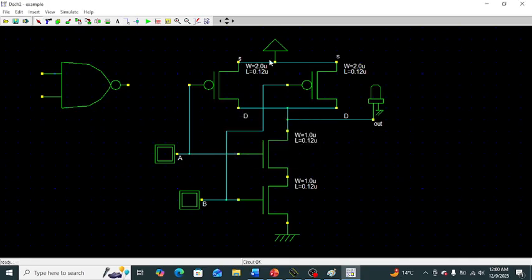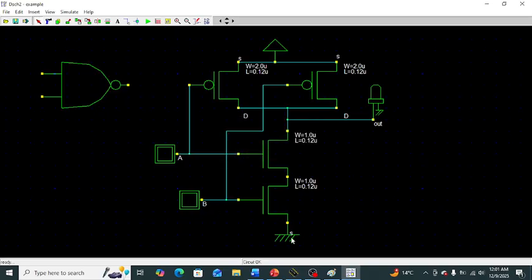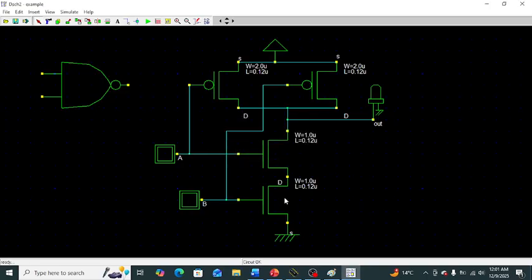See, the source of PMOS is connected to the VDD supply and the drain of PMOS is connected to the output. Similarly, the source of the NMOS which is connected with the B input is at the ground supply rail, and the drain terminal of this B-input NMOS is connected to the source terminal of the first NMOS, which is connected with the A input.